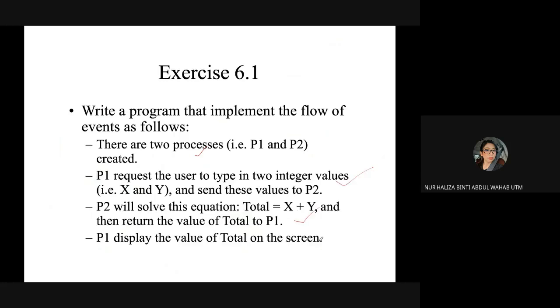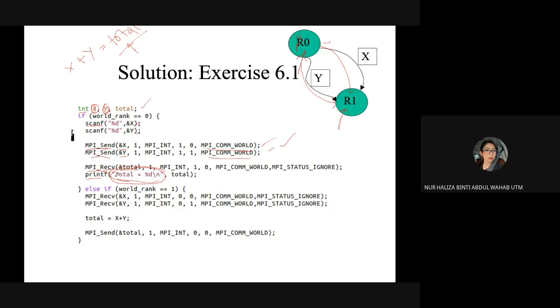And you can see, if your world rank is 0, then you will do it all. But maybe if, let's say, your world rank is equal to 1, you're going to have the MPI receive, which is X, 1, X also 1, and you have the ranking over here.